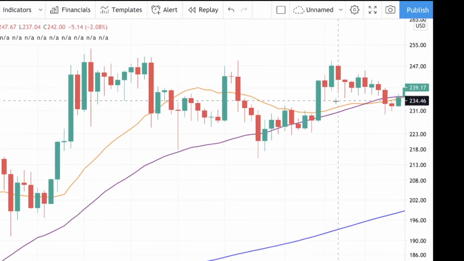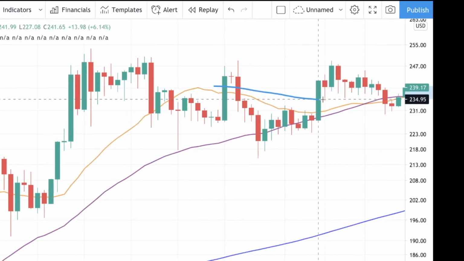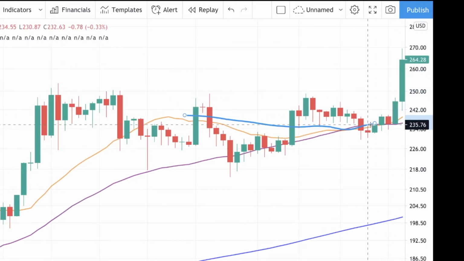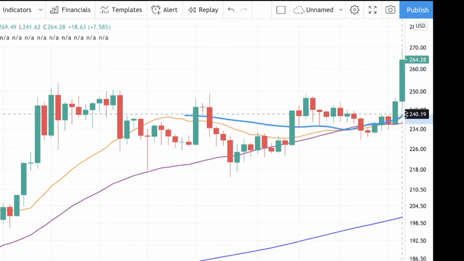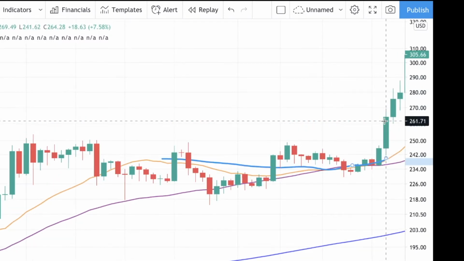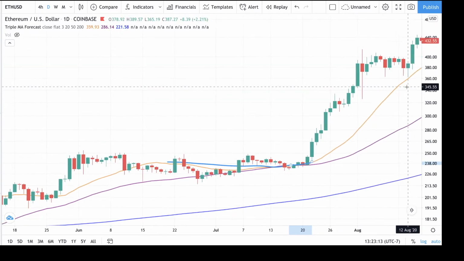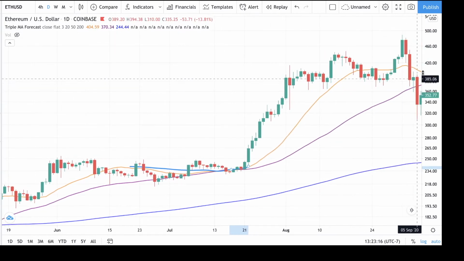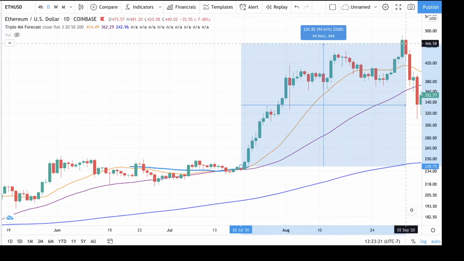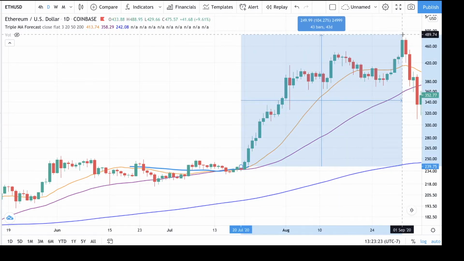You can zoom in here and see that this 20-day was coming up and it dipped below a little bit and was just kind of going along this 50 for a while until it started to fan out a bit. And what we saw in the following weeks and days was a very powerful rally on the upside that took us all the way to the 400s for a total gain of about 100% if you held through for 45 days, which is a month and a half, and 100% is a very, very good return.